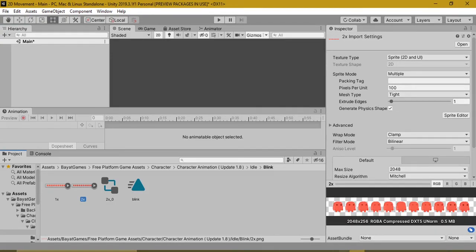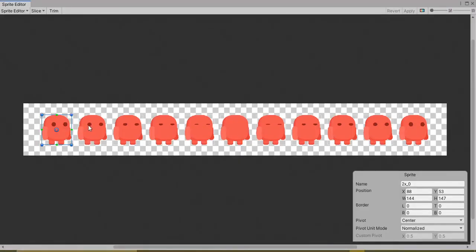Now you can see this is called a sprite sheet. You can see, when you move from one sprite to the next, it's animated. So I'll go for sprite editor, and for this you need to select multiple in sprite mode first. So you can see it split our sprites.